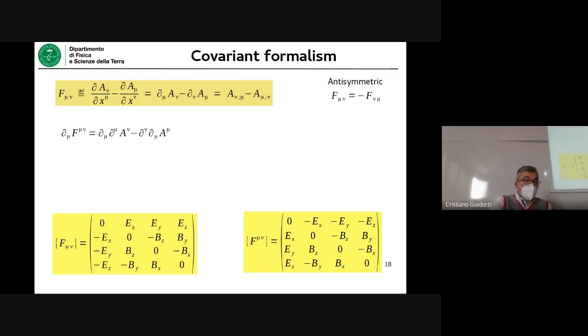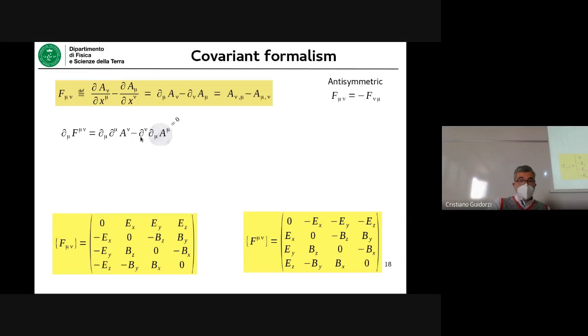You have a rank 2 tensor, so you can calculate its 4-divergence, which means, of course, the 4-divergence of a rank 2 tensor is a rank 1 tensor, because you contract one of the 2 indices. So you're left with just one index, which means one 4-vector, or if you want, a rank 1 tensor. And what is this guy? Well, let's have a look. You take the definition of this guy, and you see here that you can, of course, swap the